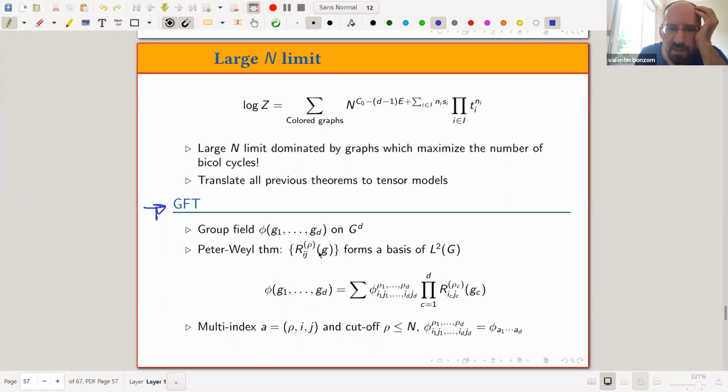So what is a GFT? You start with a field phi of g1 to gD, which is on D copies of a Lie group G. Okay, that's a Lie group. And you apply the Peter-Weyl theorem that you probably heard of this week or the week before, meaning that you